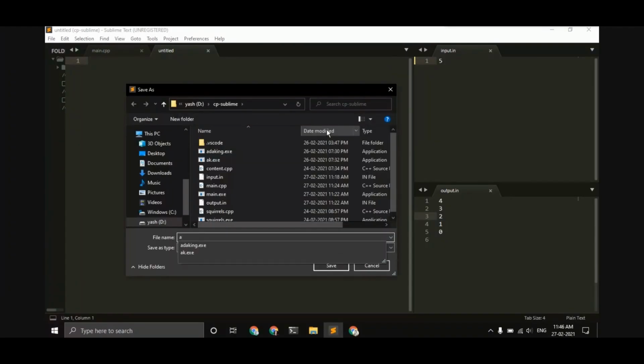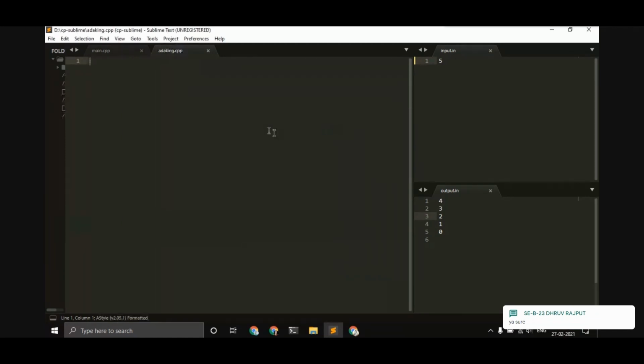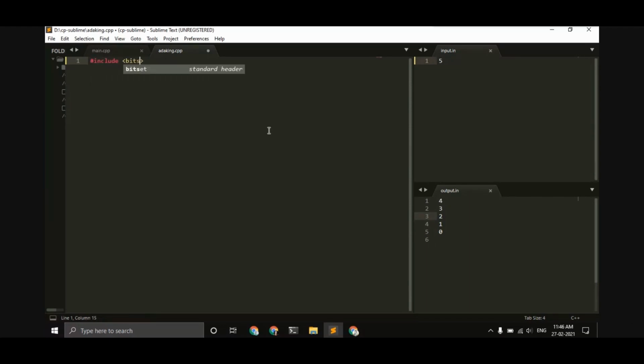We'll just create a new file and write the basic template first, then using namespace std.